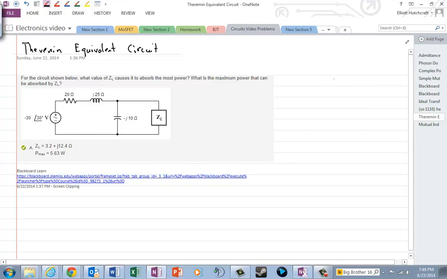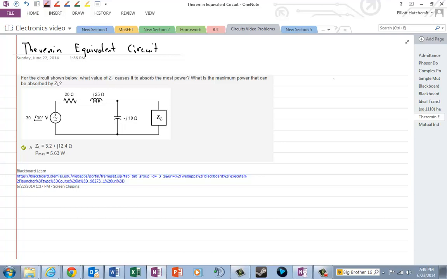Okay, so now we're going to look at the Thevenin equivalent circuit for a particular problem. It says here, for the circuit shown below, what value of ZL causes it to absorb the most power? What is the maximum power that can be absorbed by ZL? Okay, so we've done this type of problem when they're resistors, and you know that the load resistance should be